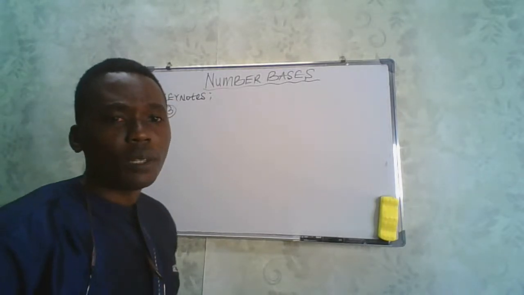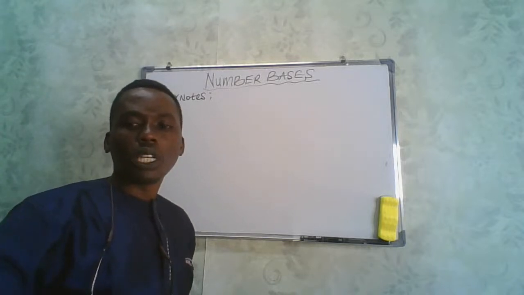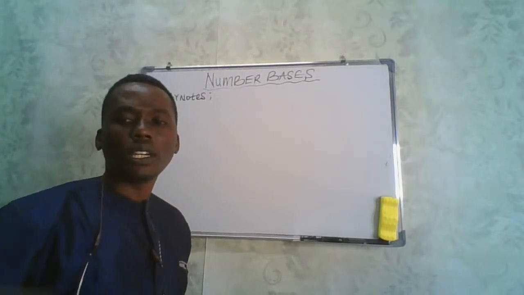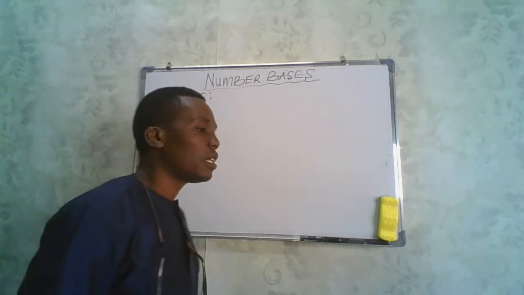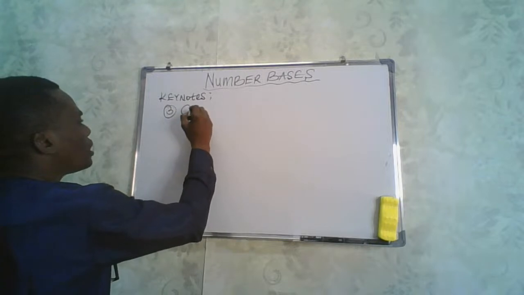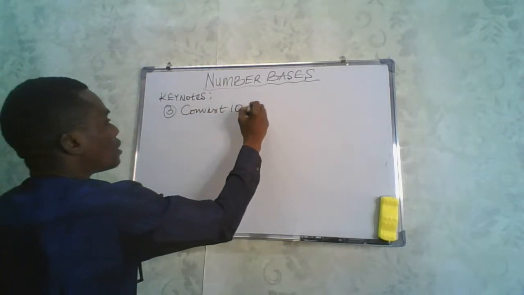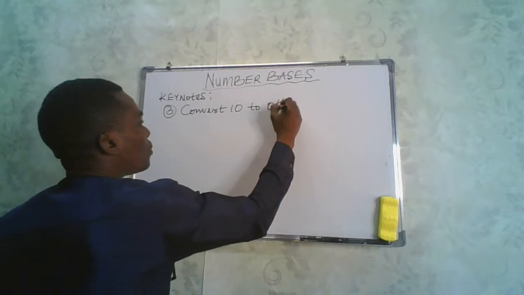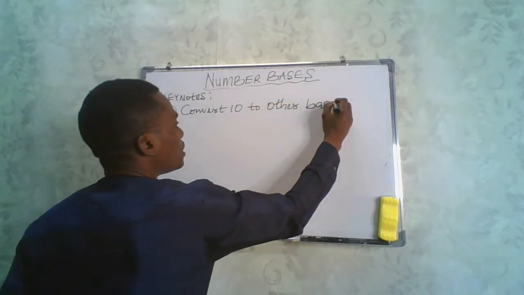A key point we need to note in keynote 3 is the conversion of base 10 to other bases. When we are asked to convert from base 10 to other bases,